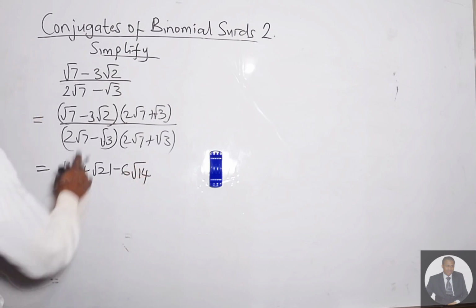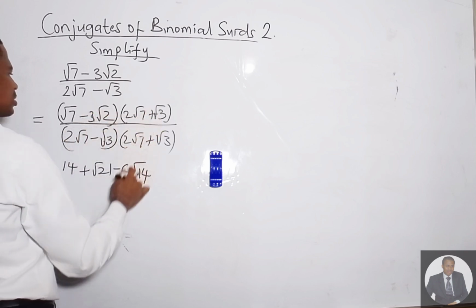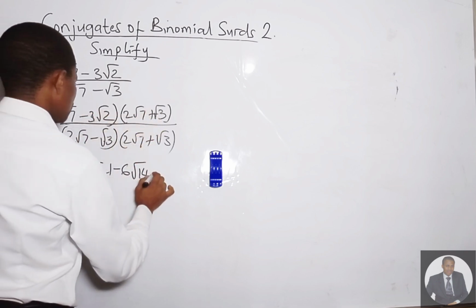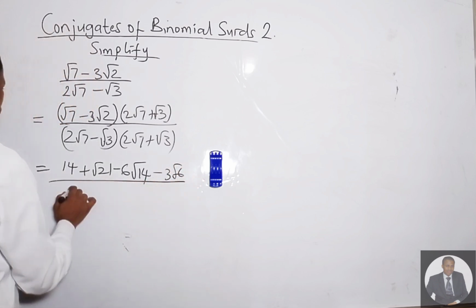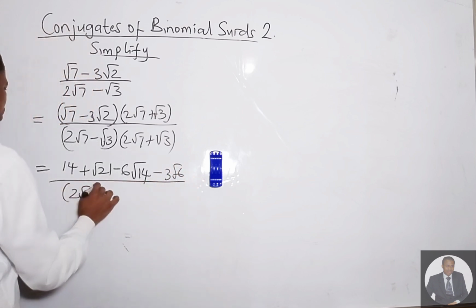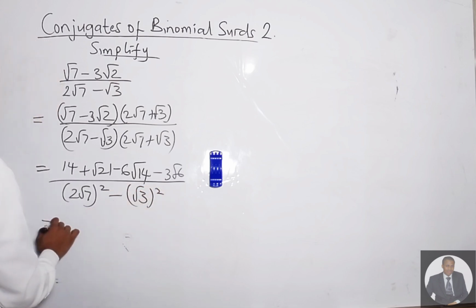That will be 6 root 14. Then minus 3 root 2 times root 3. That will be minus 3 root 6 over 2 root 7 squared minus root 3 squared. So that will give us